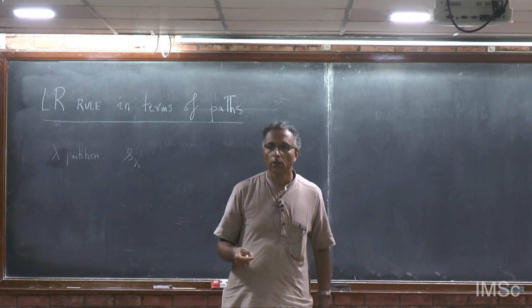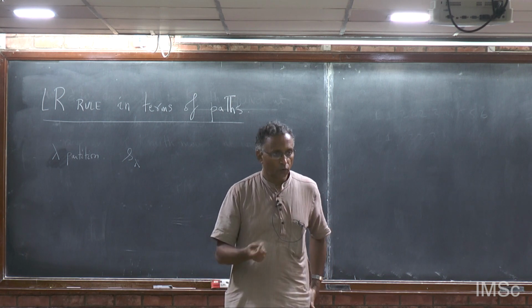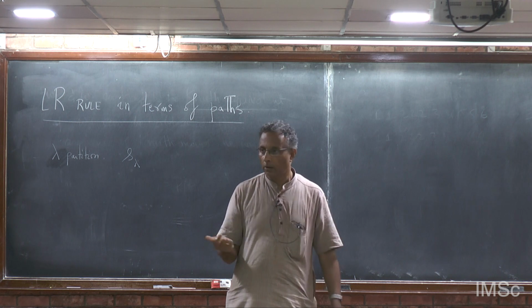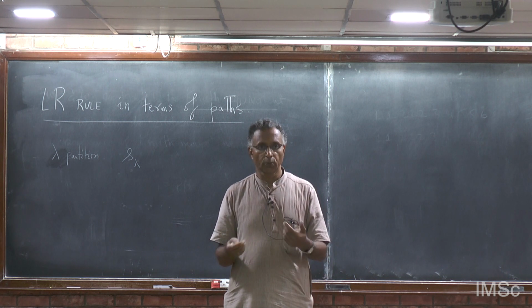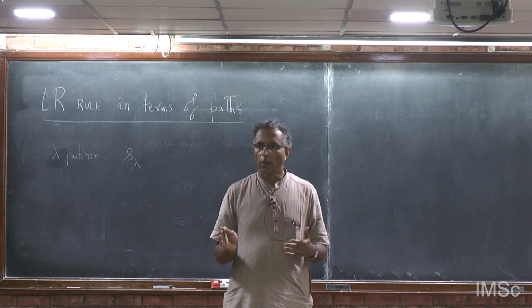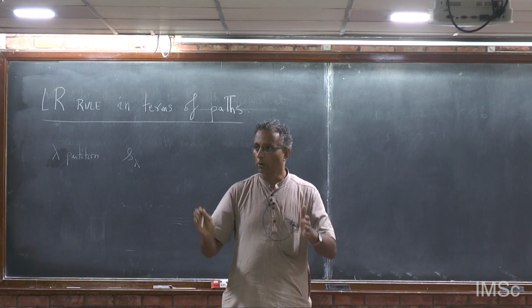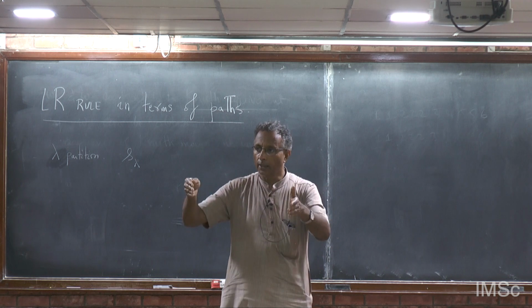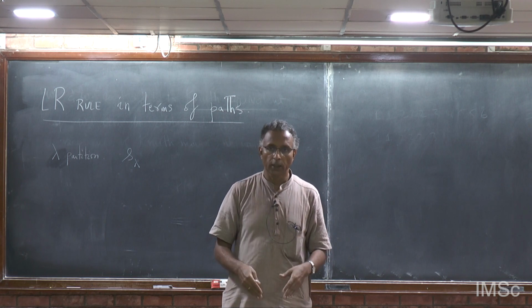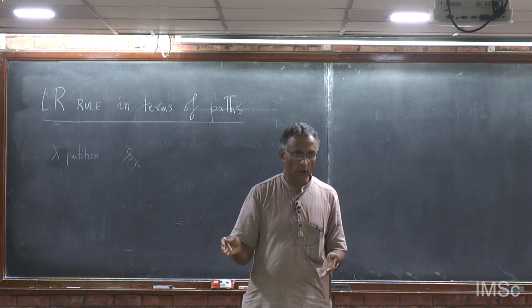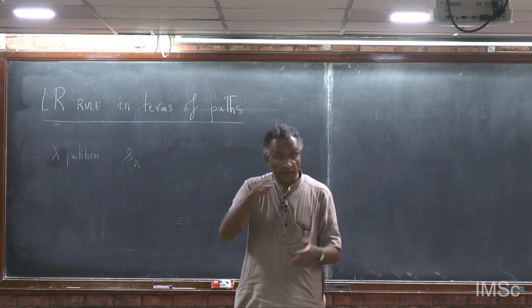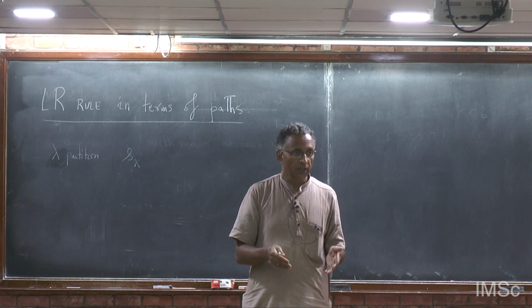This is the Schur function corresponding to lambda. There are various expressions for this. One which, for example, Ravinder wrote down is a certain determinant. That's one definition of it. Another definition is